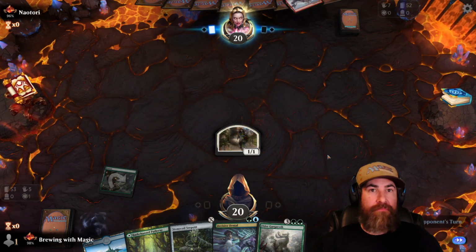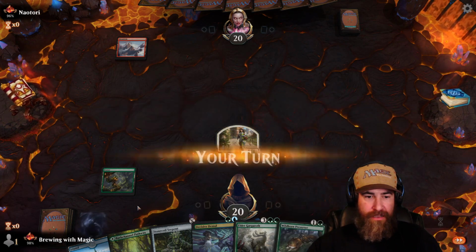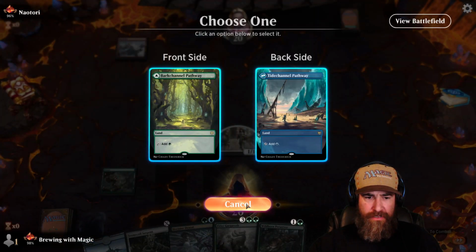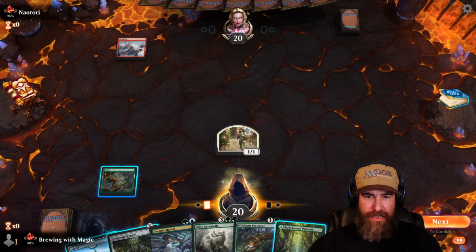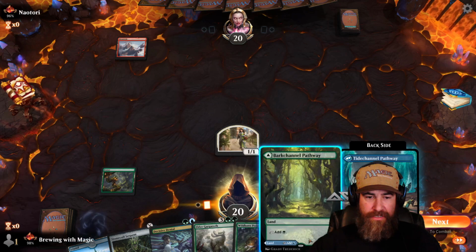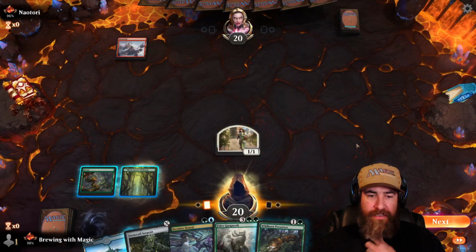Turn 3, Lovestruck Beast. Oh, hey, there you go. So we'll put this on blue, or on green, because I have no reason to throw this yet. I have no reason not to either. So let's just put this on the green. It doesn't matter. And then